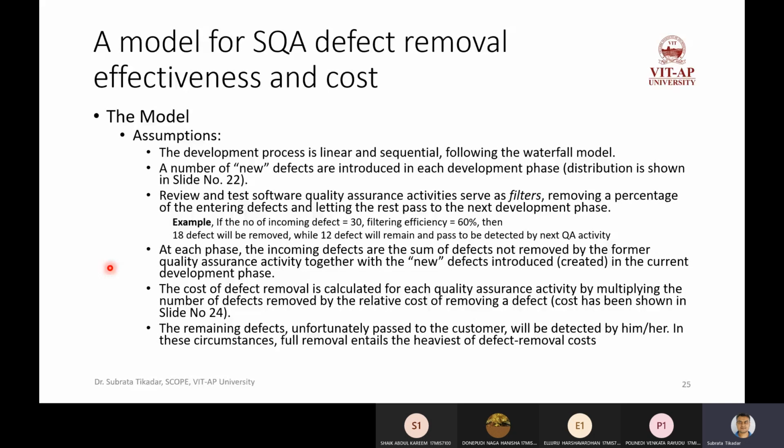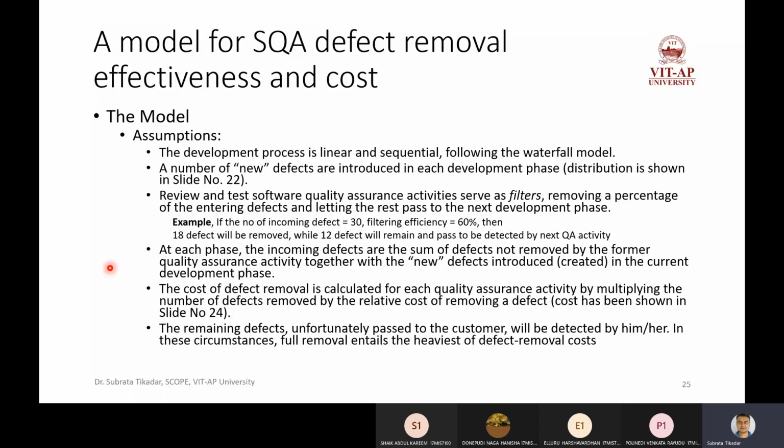As I mentioned earlier, if the number of incoming defects is 30 and the filtering efficiency is 60%, then 60% of 30, that means 18 defects, will be removed, and 12 will pass to the